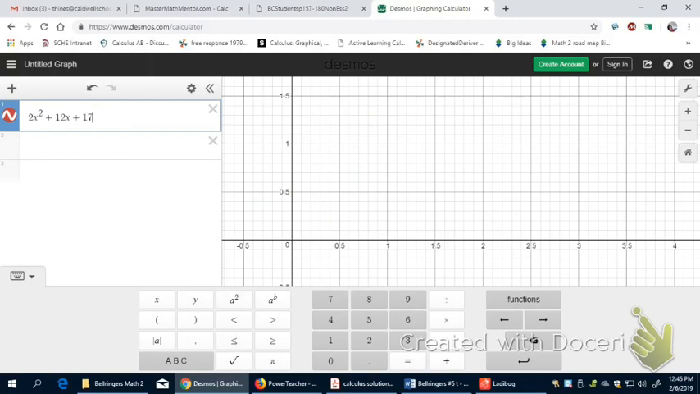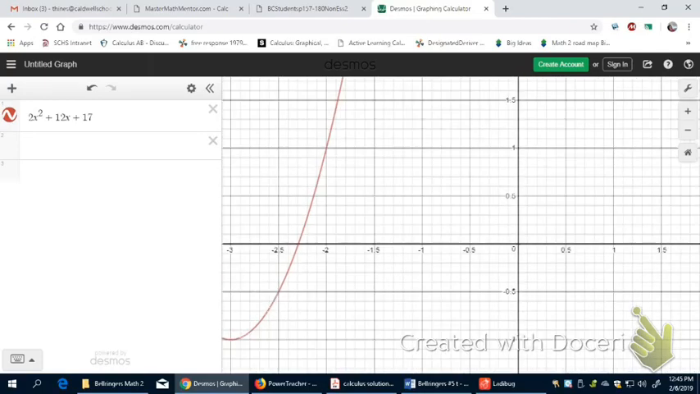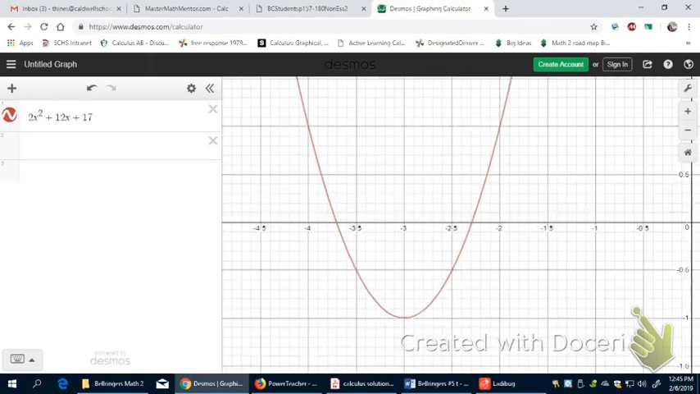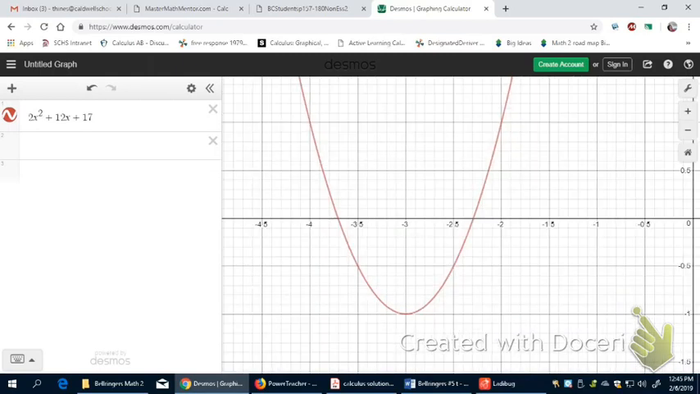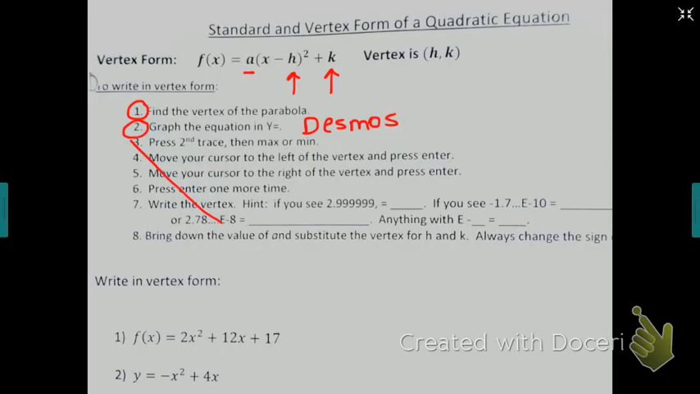Alright, so I don't see my graph, so I need to scroll and move it over and do what I need to see my graph. And remember, you can zoom in and out however you need to. But click on the vertex. Okay, I noticed that the vertex is -3, -1. Everybody have that same vertex? So once I get that the vertex is -3, -1,